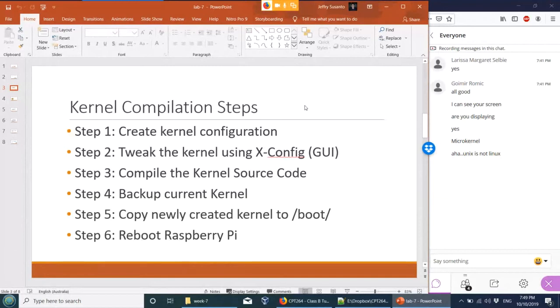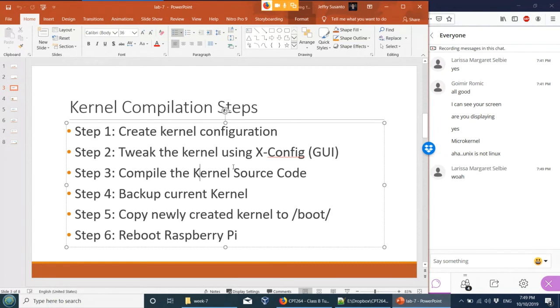The third one is to compile your kernel source. This is the time consuming part because it's going to take 3 to 4 hours. And don't forget to back up your current kernel. Again, this lab